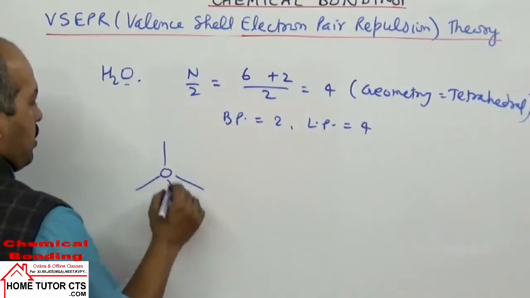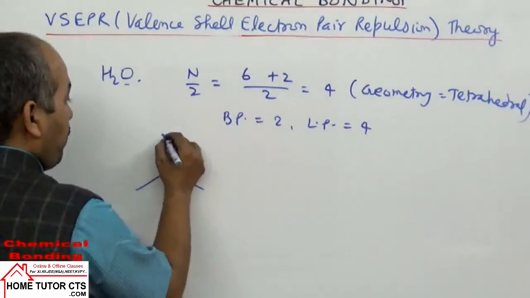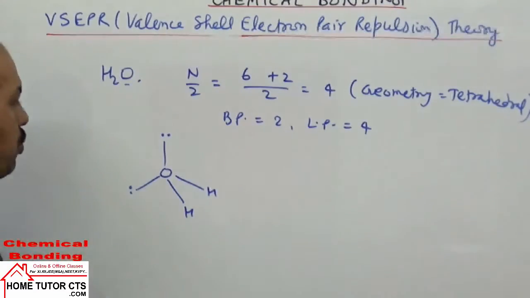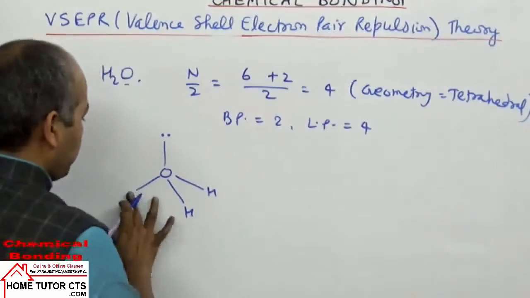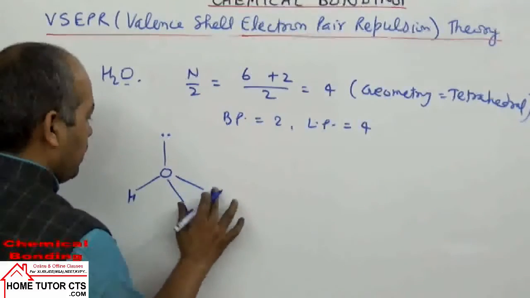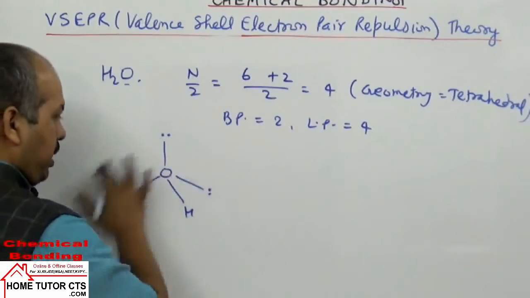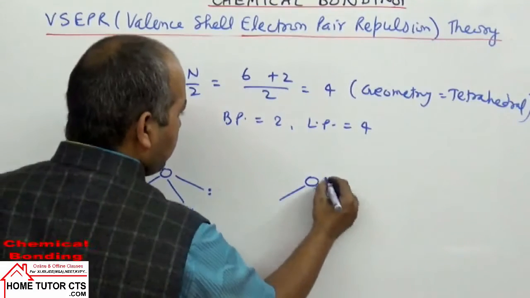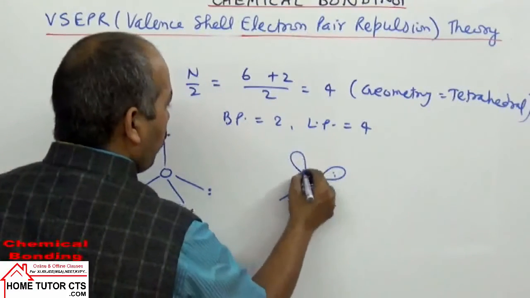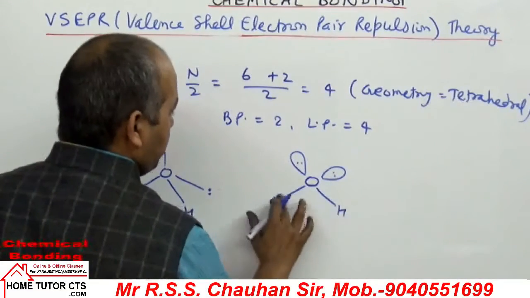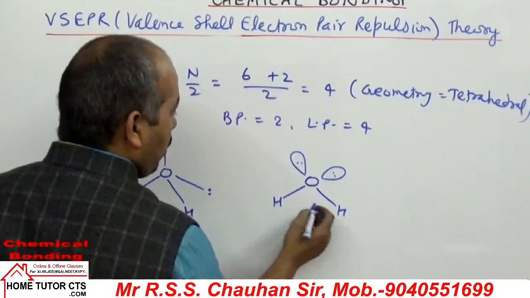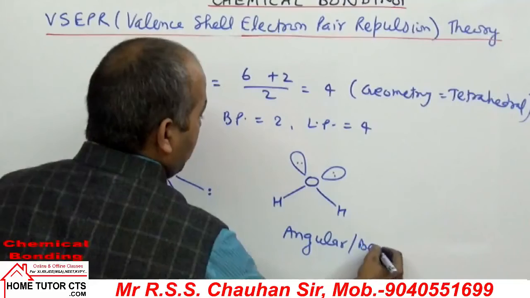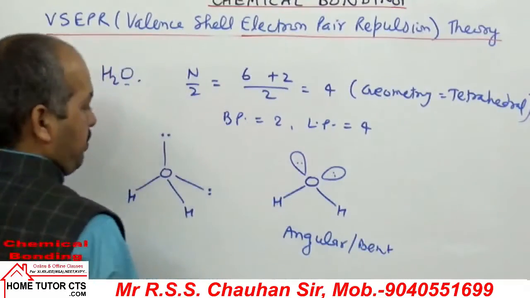Draw the geometry first. We have 2 lone pairs and 2 bond pairs. So what can we write for the shape of the molecule? I can draw it to show it more clearly. Since the positions are equivalent, you can place them in any positions. If I draw the shape, it can be seen this way: one lone pair, one more lone pair. The shape will be angular or bent, or the angle becomes much less, so it's called V shape.